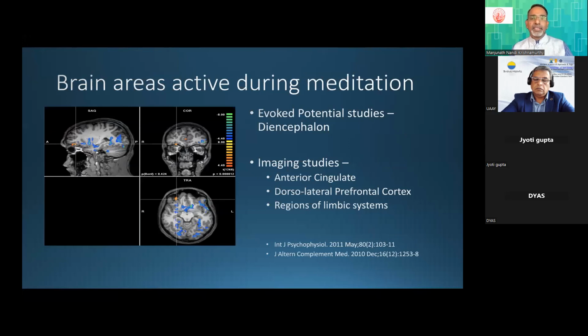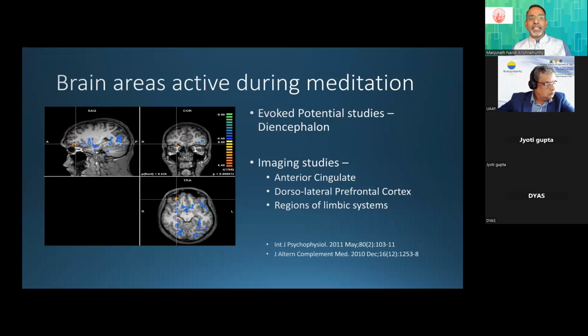We had also done some studies looking at functional plasticity. So can we really change different functions through the practice of meditation? We looked at evoked potentials as one of the measures, which is actually based on EEG, and then taking the average of EEG to elicit a response based on a stimulus given. We looked at auditory stimulus.